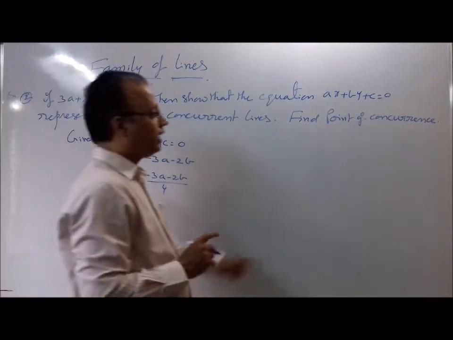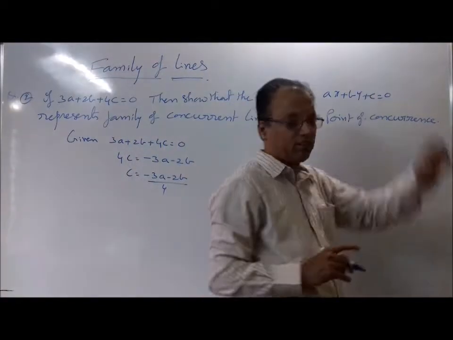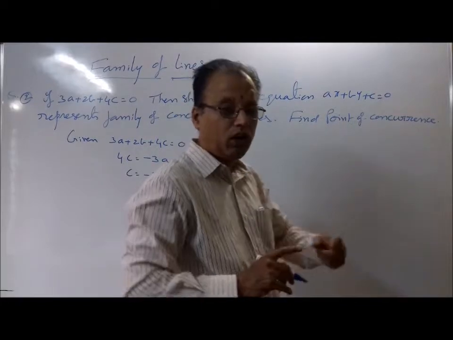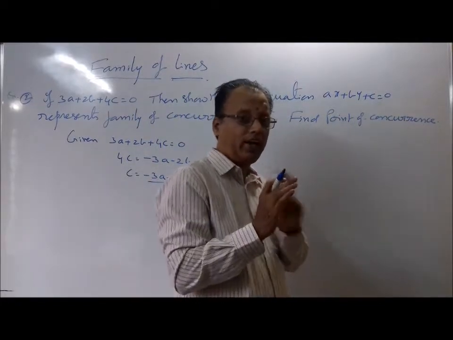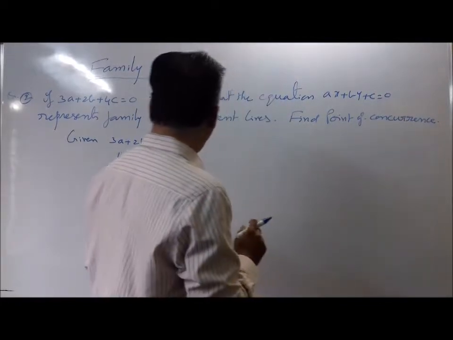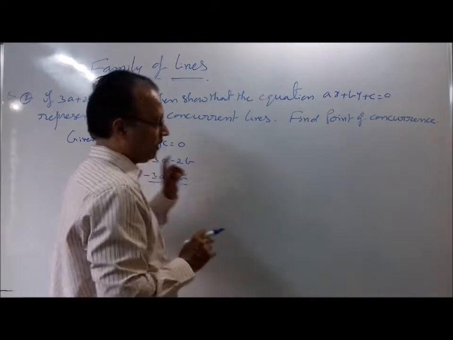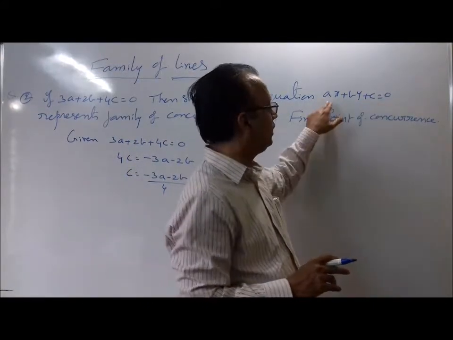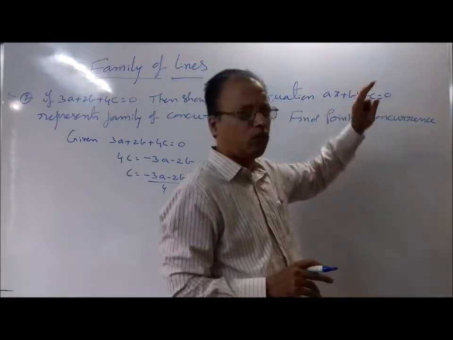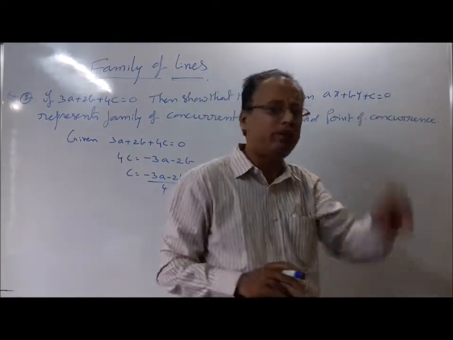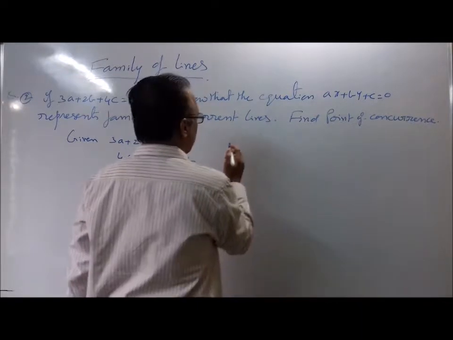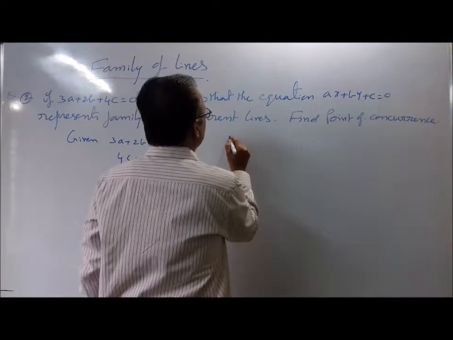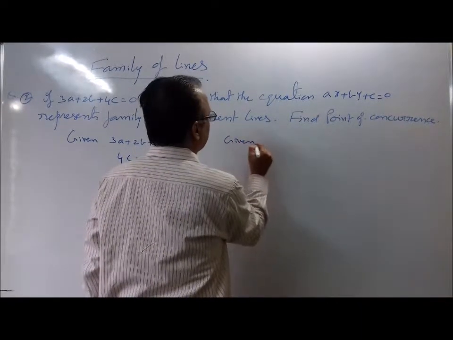Here three constants are there, so I arrange to keep only two constants. How? I eliminate c in terms of a and b. So in the equation of the family of lines only the two constants a and b will be there. So now the given family of lines,